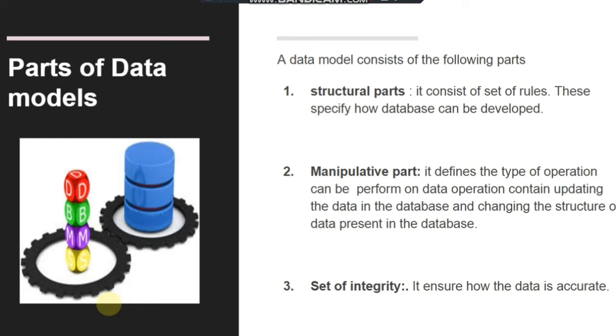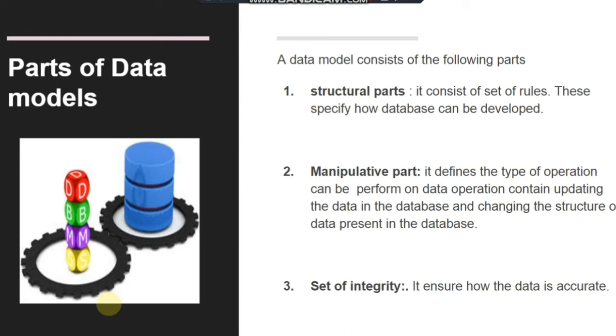Number two, the manipulation part. It defines the type of operations that can be performed on the data. Operations include updating the data in the database and changing the structure of the data present in the database. The manipulation part delivers us the way operations can be performed on the data present in the database, because data is stored to perform some kind of operations. So the manipulation part of the data model tells us how operations can be performed, and how the data can be updated in the database,